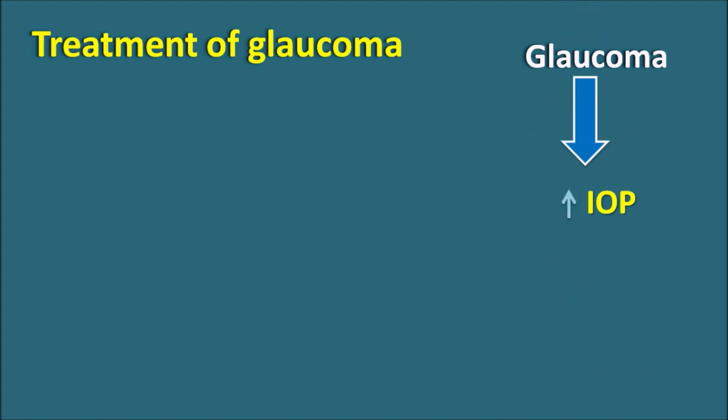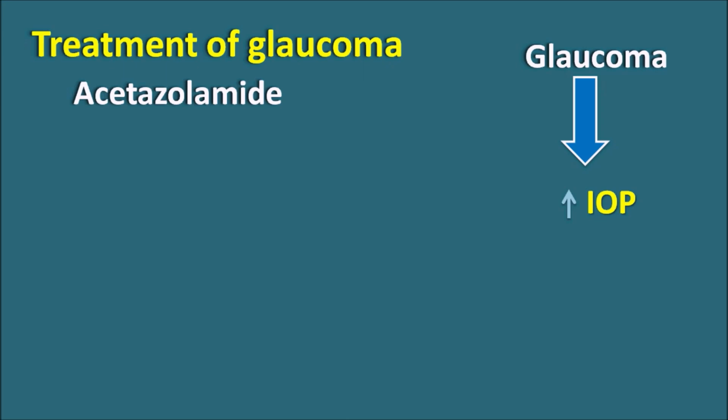Now let us see the role of acetazolamide in the treatment of glaucoma. What is glaucoma? Glaucoma is a condition where there is an increased intraocular pressure, and sometimes this intraocular pressure can be increased to greater than 25 mm of Hg. When there is an excessive increase in the intraocular pressure, it produces some pain and pressure in the anterior chamber of the eye, which can cause blurred vision. And if it is not treated, it can lead to progressive loss of vision. In such conditions, we can use acetazolamide.